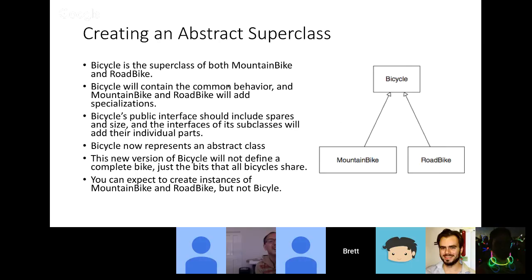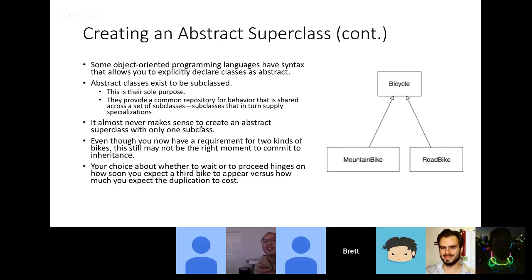Bicycle now in this situation represents the abstract class. We don't want anything in bicycle that wouldn't apply to either one. It's important to note here, and I actually didn't really adhere to this myself so much, but that's why this book is good, that you'll never expect to create a bicycle object. You'll never call new in this exact scenario on bicycle. The abstract class is actually never genuinely intended to be created, which of course in college, in Java, with the syntax abstract,